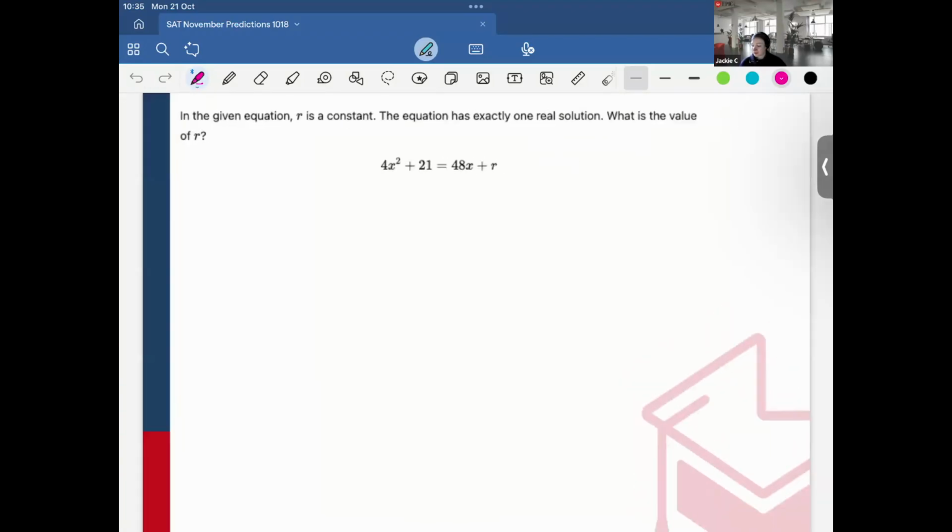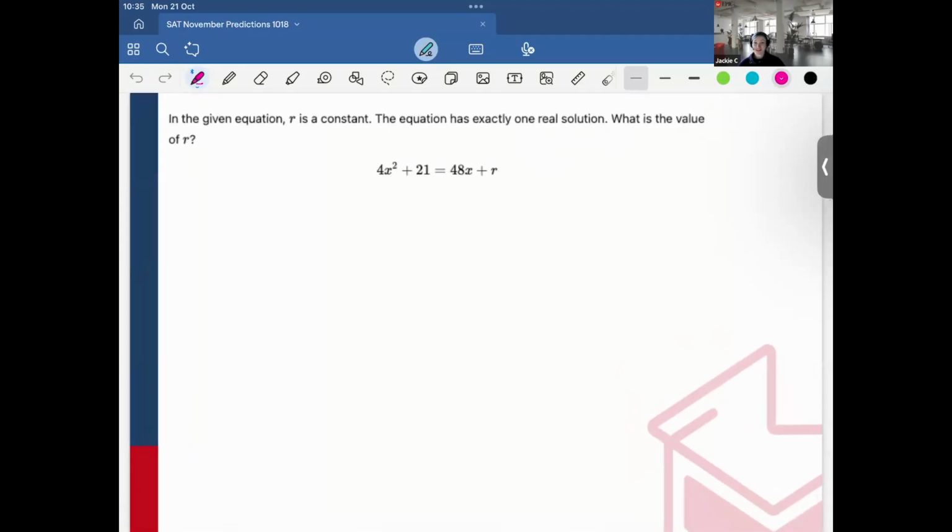Per usual, you want to be familiar with these kinds of questions. In the given equation, r is a constant. The equation has exactly one real solution. What is the value of r? This is definitely testing the discriminant. Remember that if it says exactly one real solution, we can set the discriminant, b squared minus 4ac, equal to 0. But first, I want to put everything